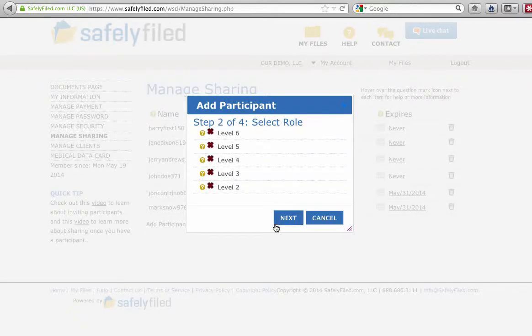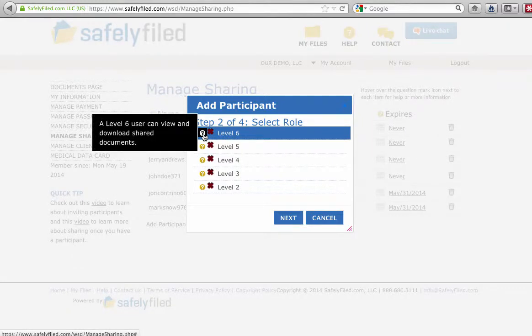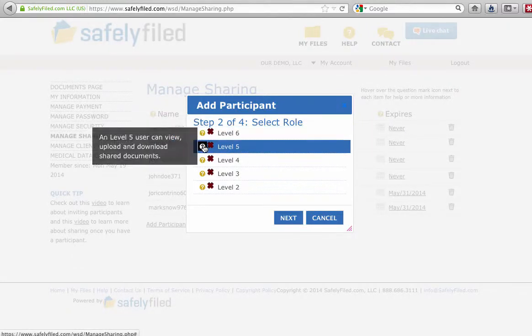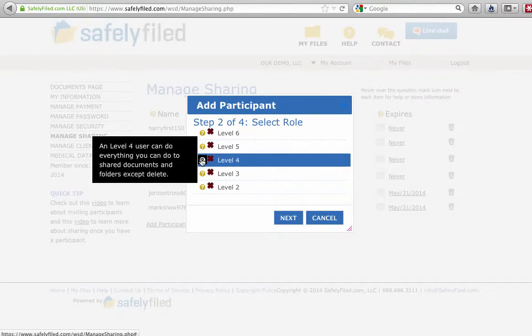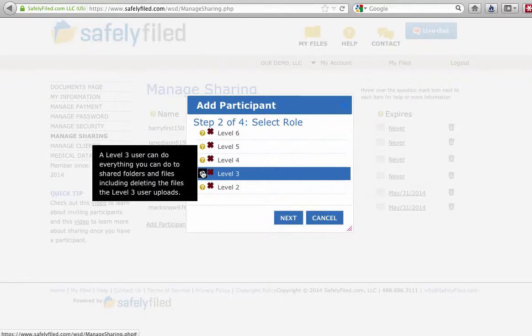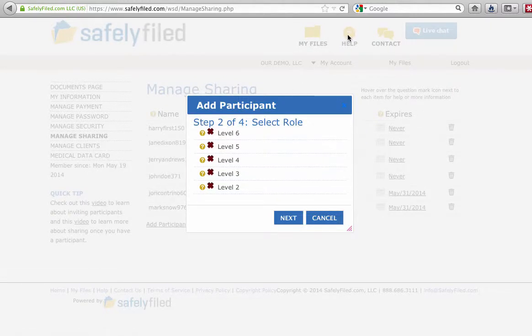Then select Next. The second step is to select what level of access you want to give Renee. You can select or highlight the little yellow circles, which will tell you a little bit about what each level can do, and there's a lot more information under the Help button at the top of the screen. But since these are her files and I want her to be able to do anything with those files except delete the ones that I have put there, I'm going to give her level 3 access,